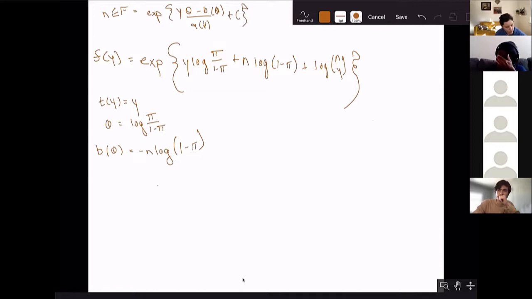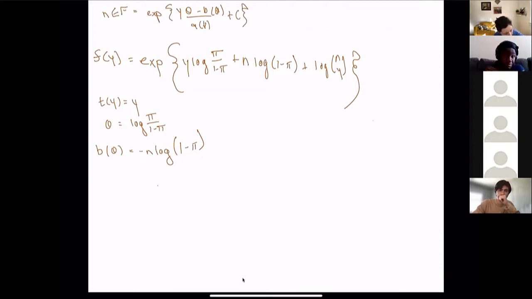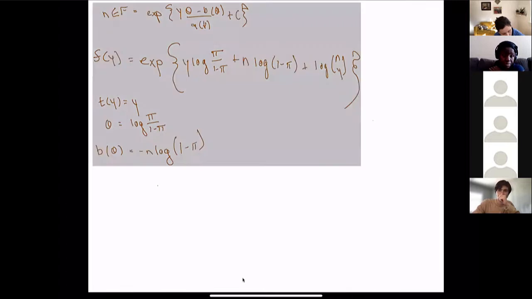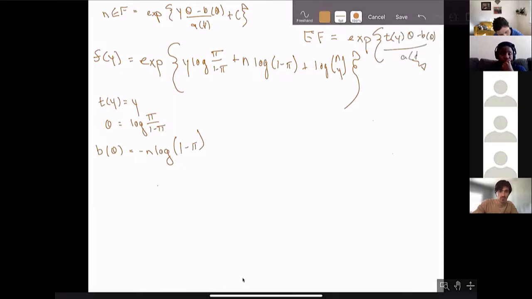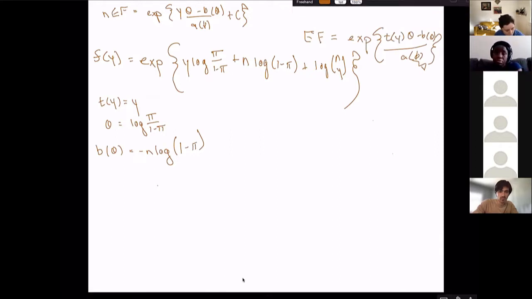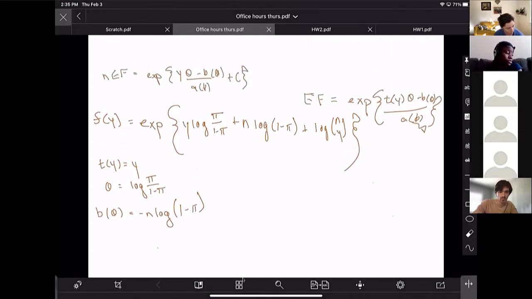And then for the more general form, what we wouldn't call the natural exponential family, just the general exponential family, the form's going to be pretty much exactly the same, except now you have t of y times theta minus b of theta over a of phi. So all that I mean when I say the canonical link is, if you have a natural exponential family form, then, so this form up here,